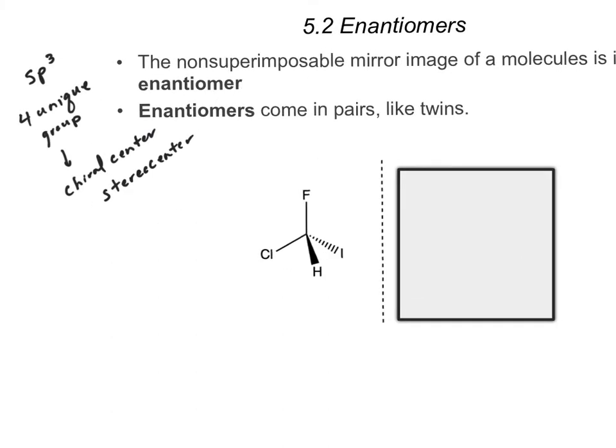All right, so in this little molecule that I have here, we've got a carbon that's right in the middle, right? What is the hybridization state of this carbon? It's sp3 hybridized, right? So we've got our nice sp3 hybridized carbon. And then how many unique groups are attached to that carbon? We have four unique groups, right? So right here, we've got a chiral center. Right, so now we know that the mirror image of this guy is going to be non-superimposable on the original